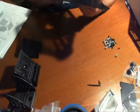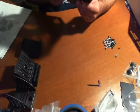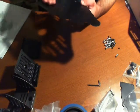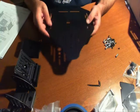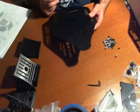And we have two plates that are identical to each other. I'm going to just look at which one has the least amount of imperfections and use that as the underbelly, and then use the one that has the most perfections as the actual inside of the robot. So...